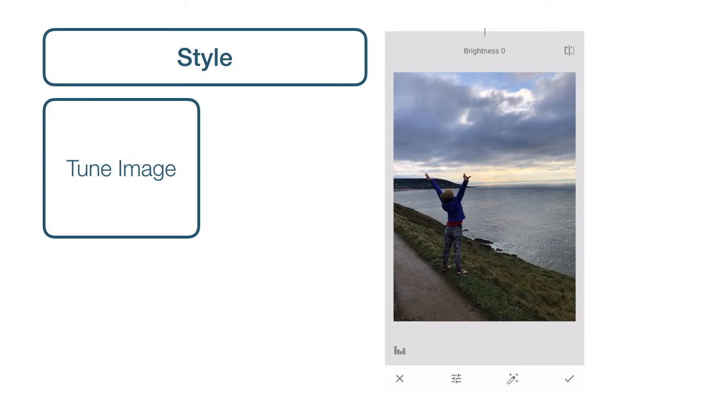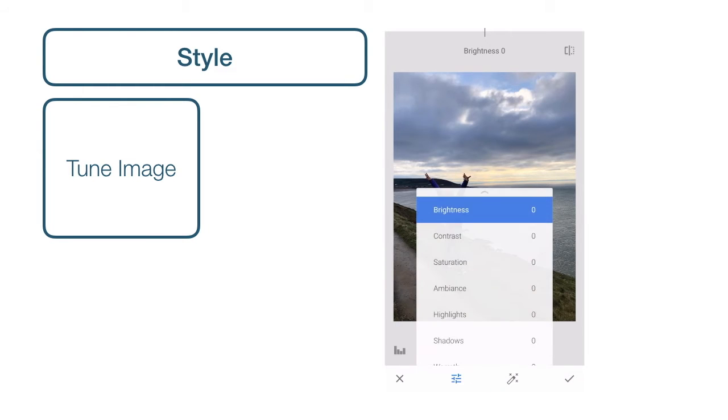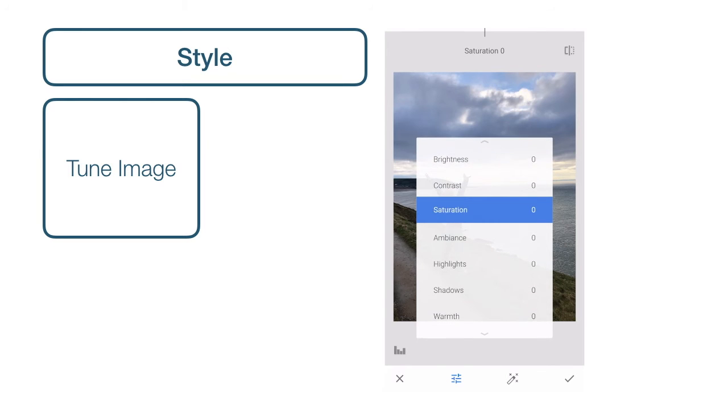So tap Adjust to open the Tune Image menu, and you'll see that the options include brightness, which lightens or darkens the entire image, contrast, which increases or decreases the difference between the light and dark areas in your image, saturation, which makes the colours in your image more or less vibrant,